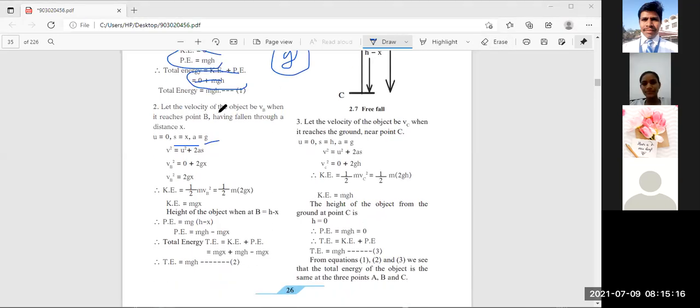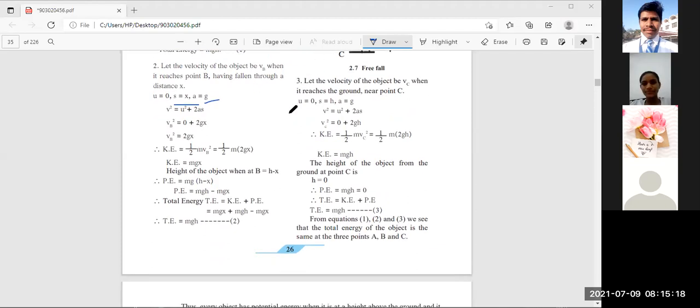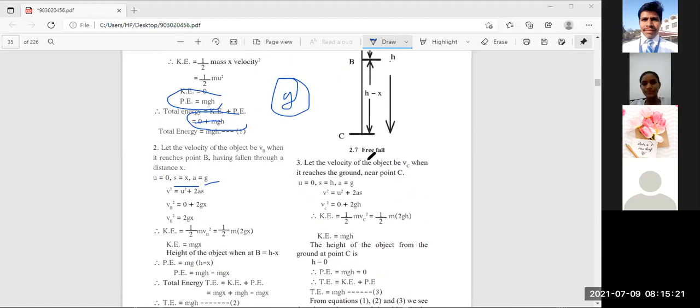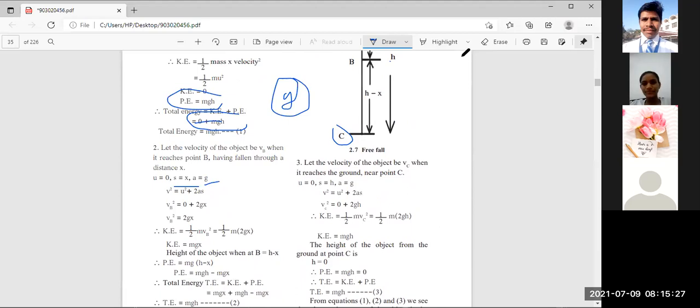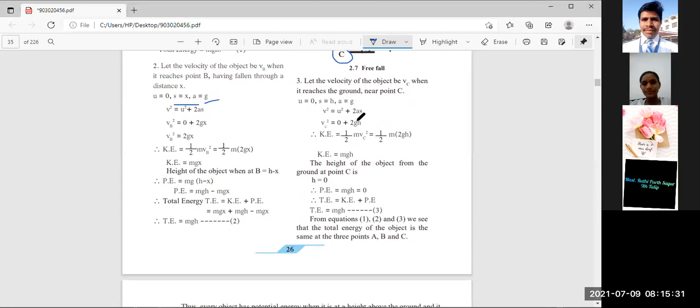So like this, we will get the same thing at point B. Then afterwards, we have to see at point C. Everywhere we will get the same equation, and this is your answer of the third one. C means question number 1. C. Okay. Then D. What is D given in the question?